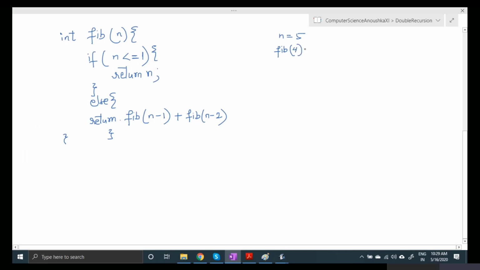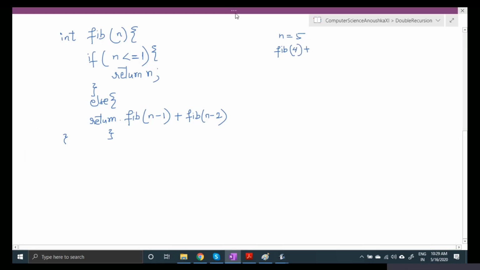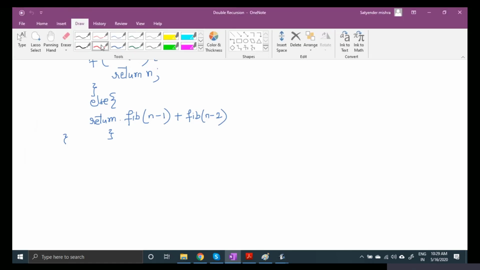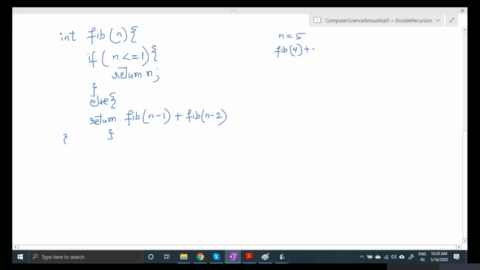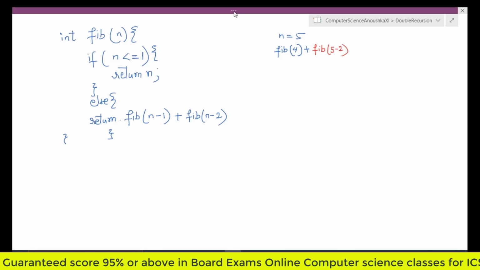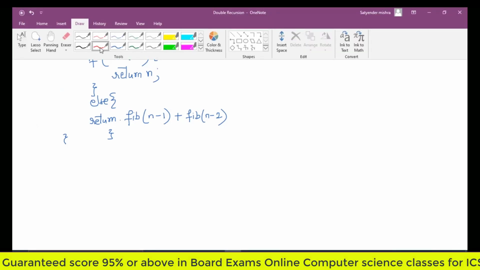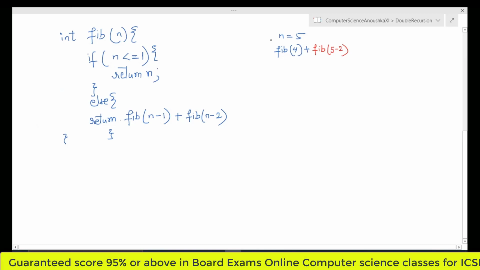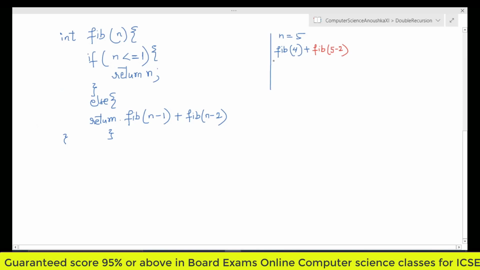So the method is called here. And then this method Fibonacci of 5 minus 2, which is 3. So this is the first call, right?